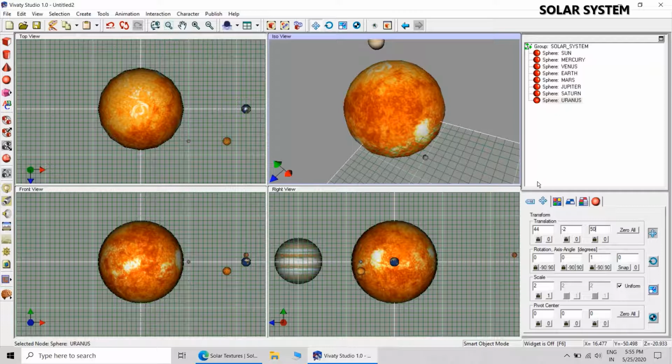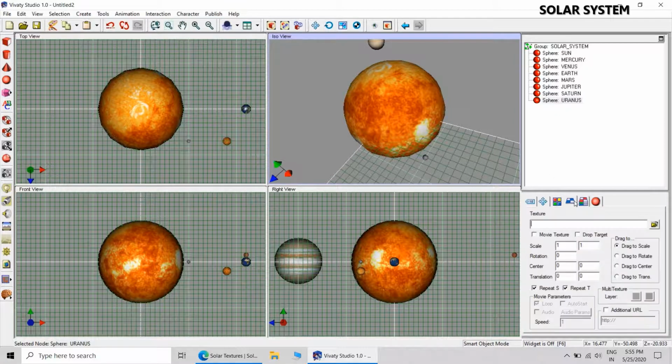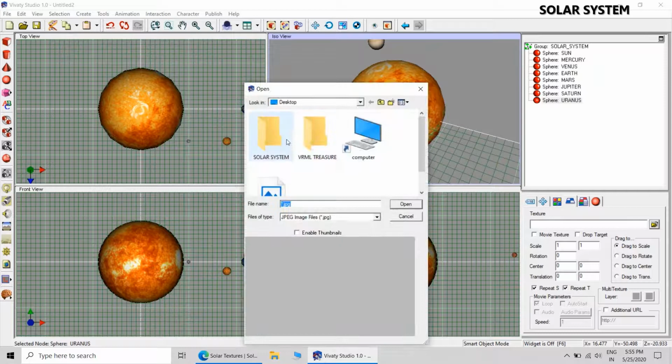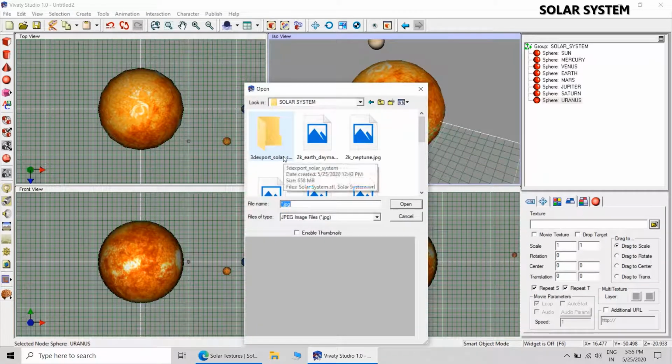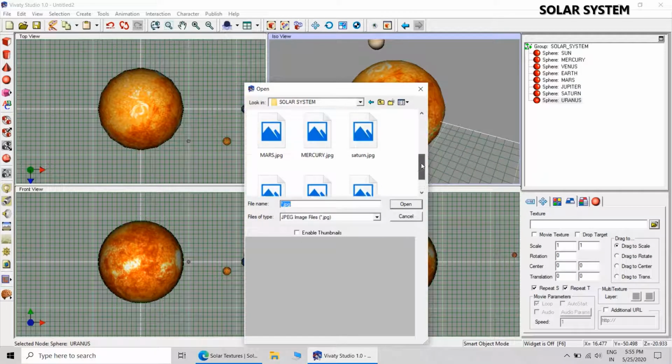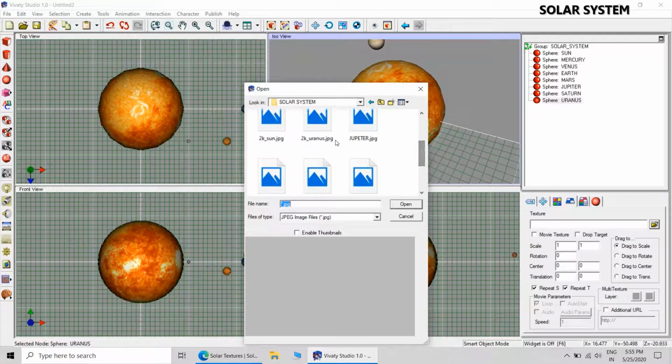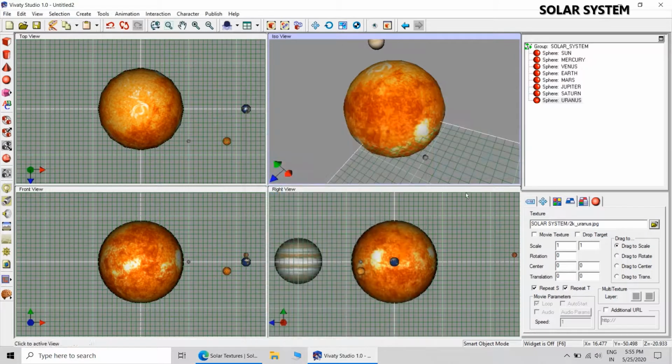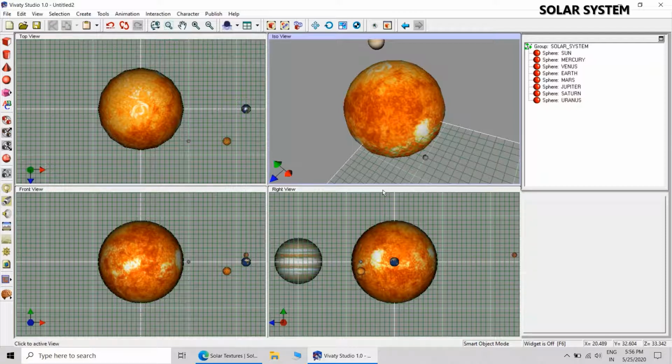So accuracy is not the relevant thing. Uranus is a very cold type of planet, far away from the sun.